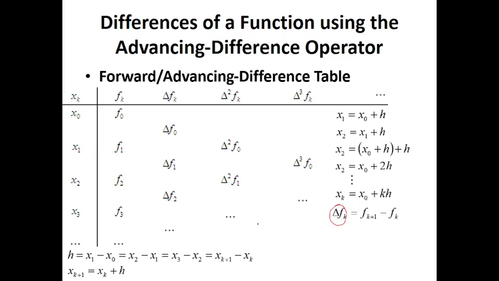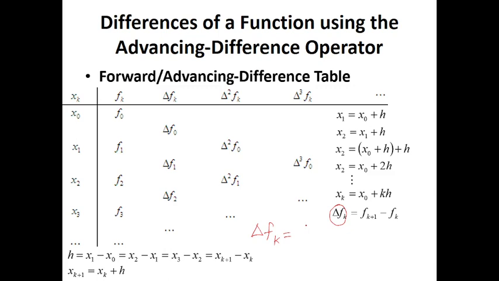Delta denotes the first difference of a function. So the first differences of f can be obtained by